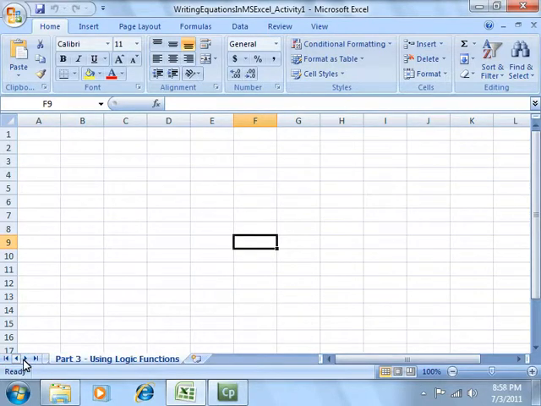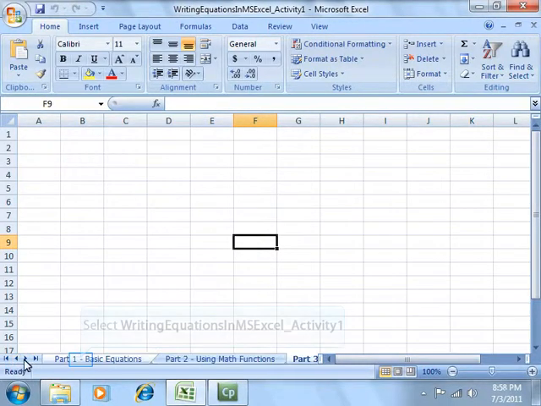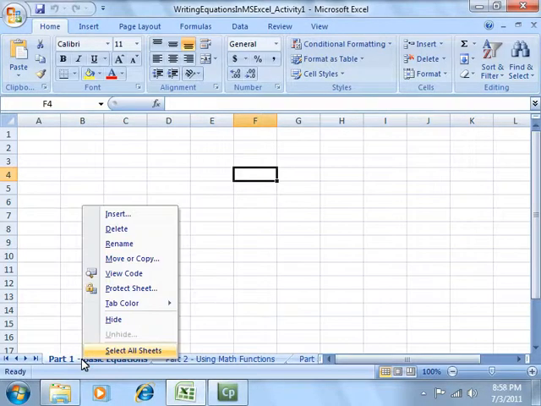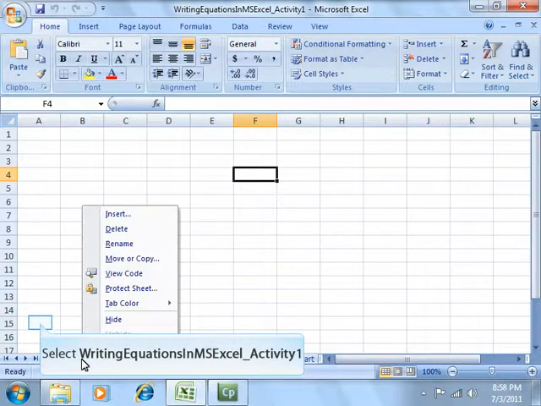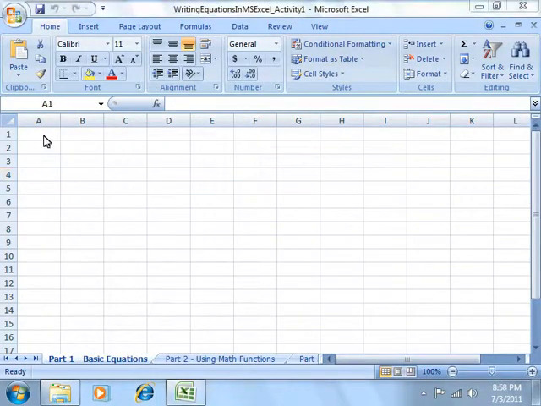We can use these arrow keys to navigate through all our tabs. This will insert a new worksheet. You can always delete a worksheet if you don't want it by left clicking on whichever worksheet you no longer want, right clicking on the tab, and you can delete it, or you can also insert one right here. And now we